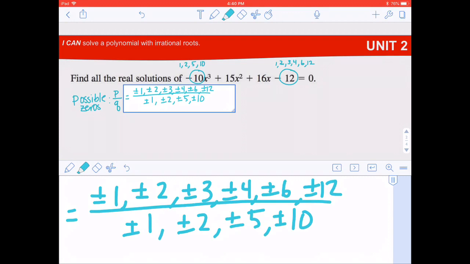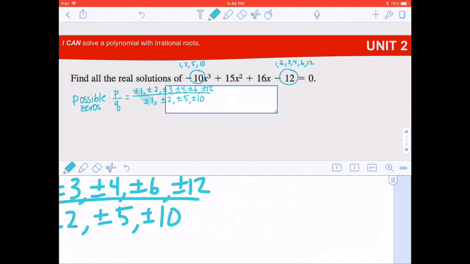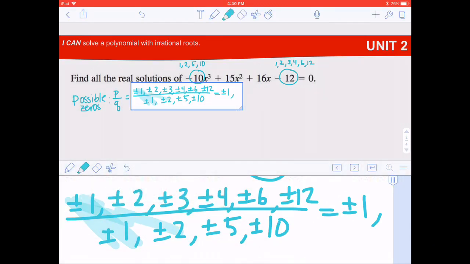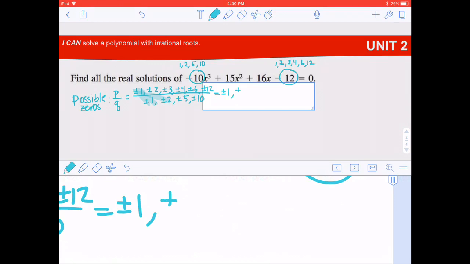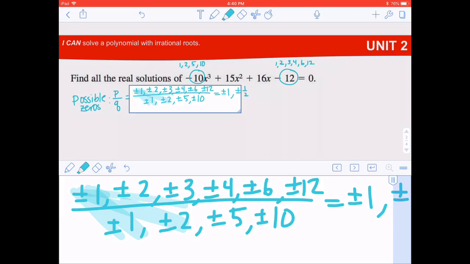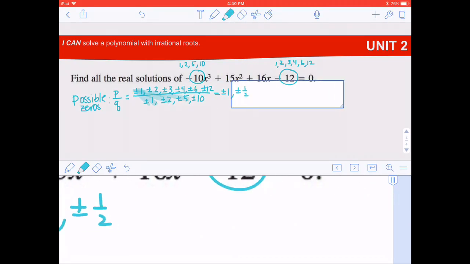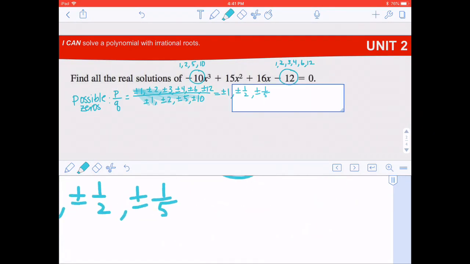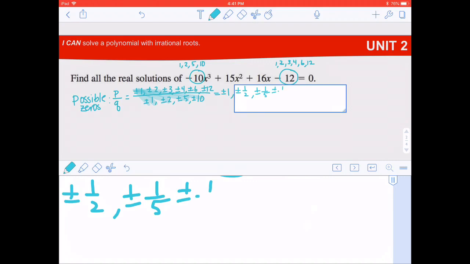So we would normally just go through and do 1 divided by 1 is plus or minus 1, and then 1 divided by 2 is plus or minus a half, and then 1/5, and then plus or minus 1 divided by 10 is plus or minus 1/10,